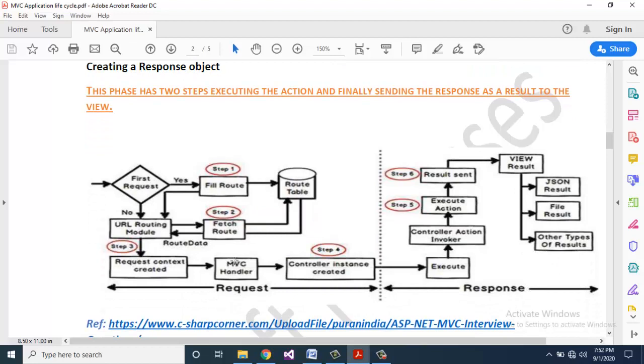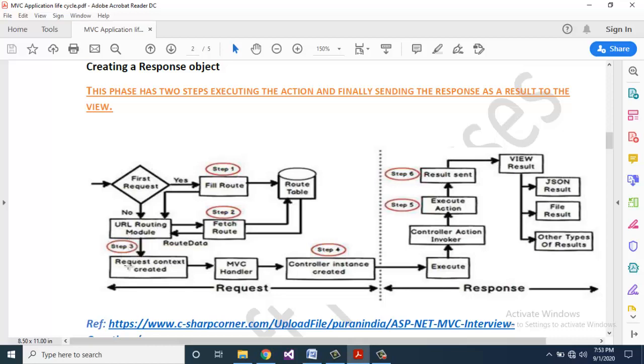Let's understand using this diagram. First portion is request and second portion is response. In the request portion, first a request is generated. If the request is yes, then step 1, fill route table, then step 2, fetch route, then route data, and then URL routing module.